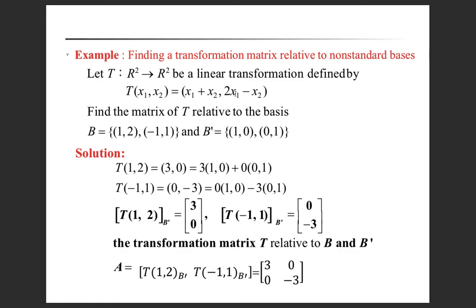Now x1 equal to minus 1 means minus 2 minus 1, which is minus 3. Now the basis B dash is (1, 0) and (0, 1). Now we'll find the vectors to be written here. Suppose here we have x, here we have y. So x into (1, 0), here y into (0, 1). So (0, y). So x is equal to x plus 0 equal to 0, which means x equal to 0. So I have written 0 here.